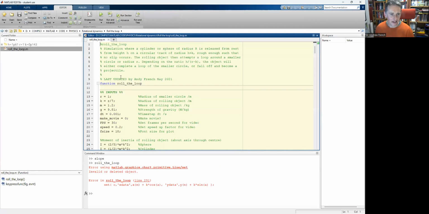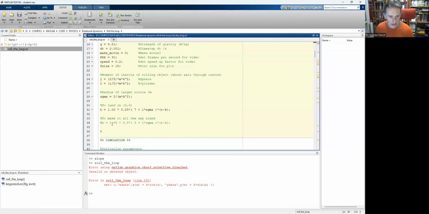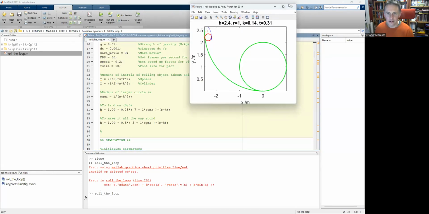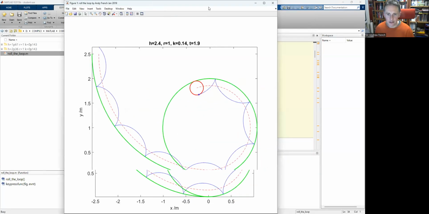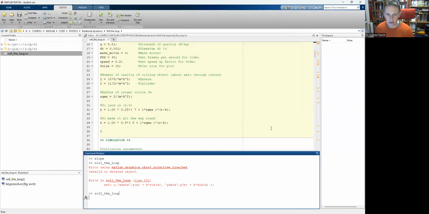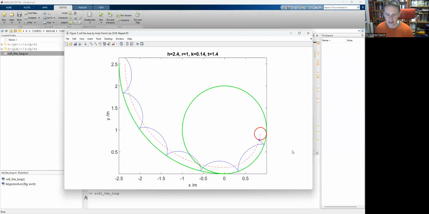So if I look at the settings, I want to make it all the way around. There we go. So I'm going to change my parameters here. Just save that and run it. And there we go. So hopefully it should go all the way around. Oops, I've made my animation a bit too small. There we go. That's better. So it should be just high enough, so it gets just enough velocity, and it makes it all the way around. There we go. And that stops the simulation. One more time.